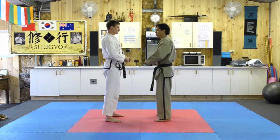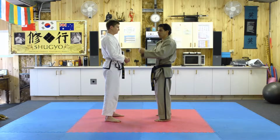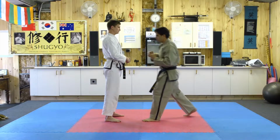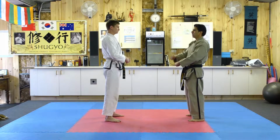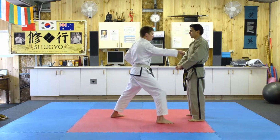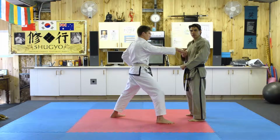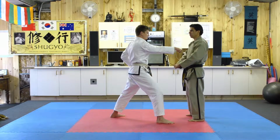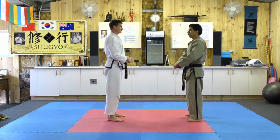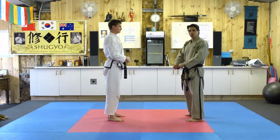When we set up for one-step sparring, we also use our fists and our arms to get the distance, but we take a step back from there. That way, if assistant instructor Nathaniel throws a full punch straight to my midsection, I know that he's not going to hit me. Okay, I've created enough distance to be safe. Alright, so on this first technique, what I'm going to do is I'm going to step my left